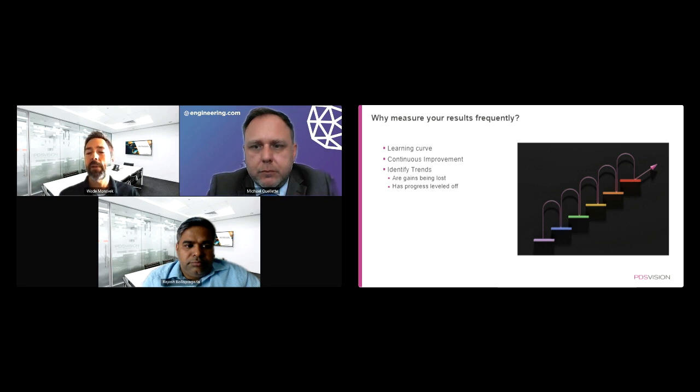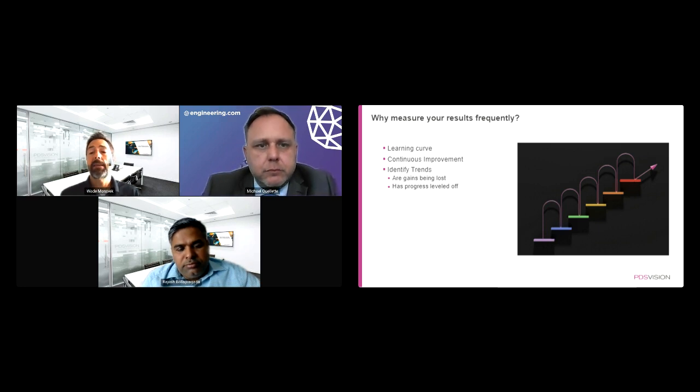How frequently you measure is going to vary. For some of these more granular metrics that you may be tracking, you may be looking at those monthly. Other things you may be looking at quarterly. Some of those top end goals you may be looking at every 6 months or a year, depending on how long it takes to see changes show up.